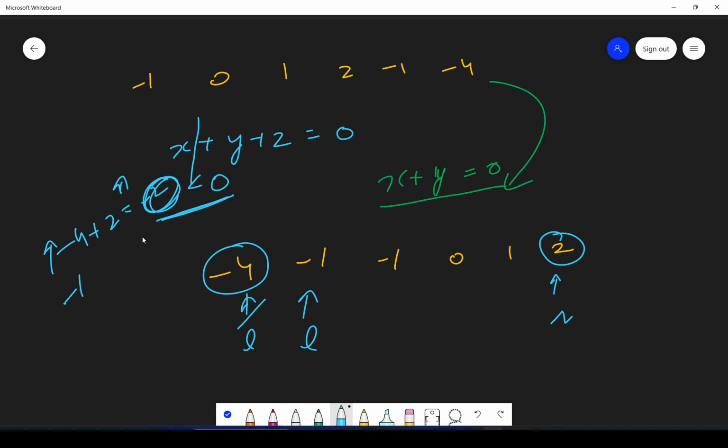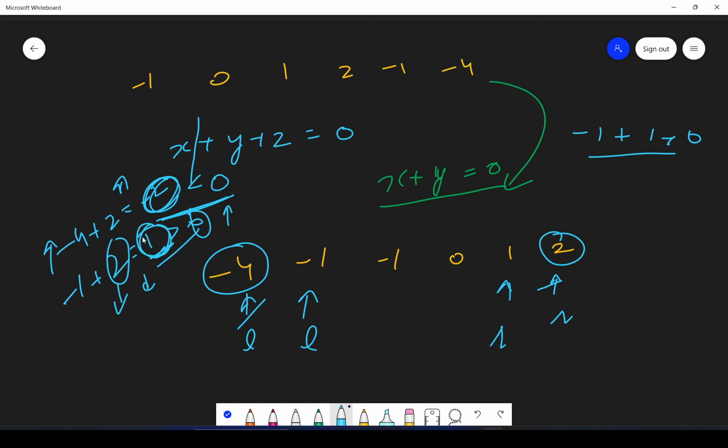Then you get minus 1 plus 2, which is 1, greater than 0 now. So the sum is now more than the expected one, and you have to decrease the sum. To decrease the sum, you need to decrease the number. So you will move R, and then you will find minus 1 and minus 1, which sums to 0. Hence you found one pair. So this is the approach if we have to find two numbers.